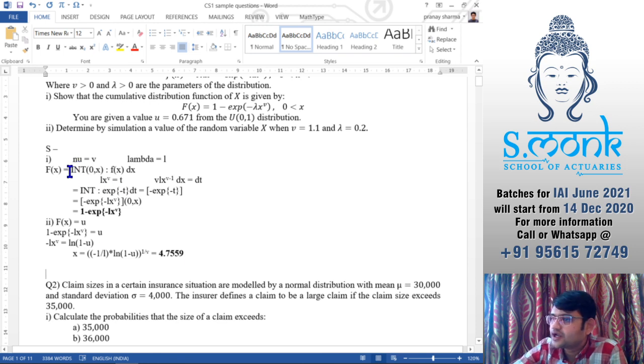So for integration, first you will specify your limits in the brackets, and then you write your function and then dx. Then I have taken this as t, so this becomes my dt, substituted it, and directly we get these values. After solving the integration, you will put the limits. Like here you can see that I will put the limits. So limits, we write after the brackets. So it would be 0 comma x, and substituting it here.